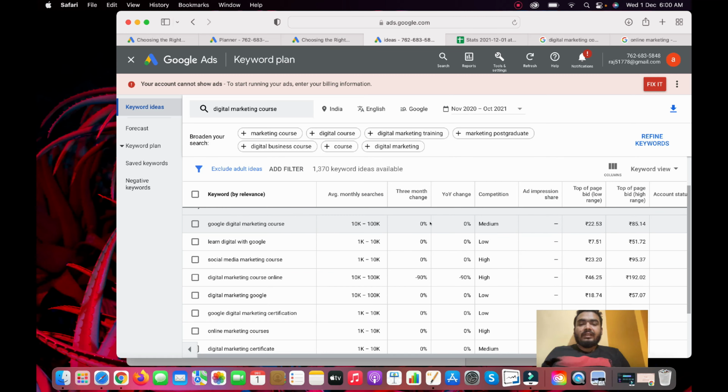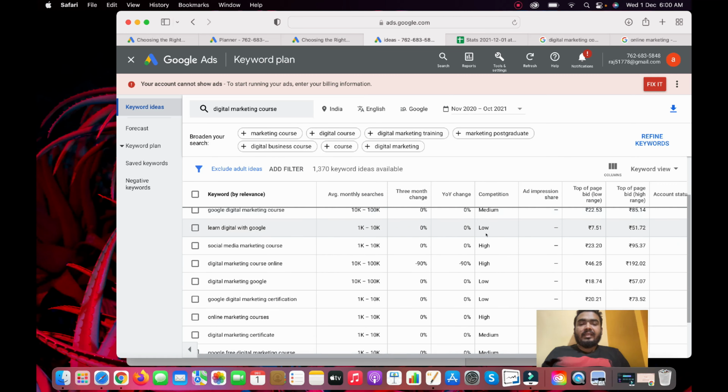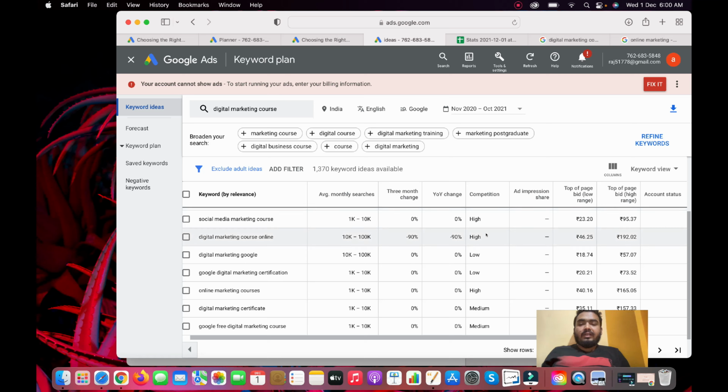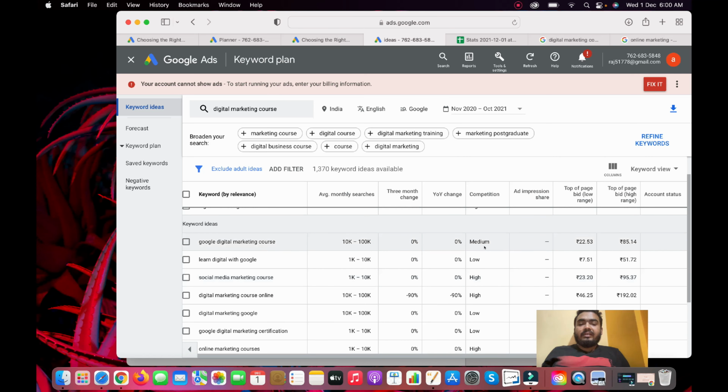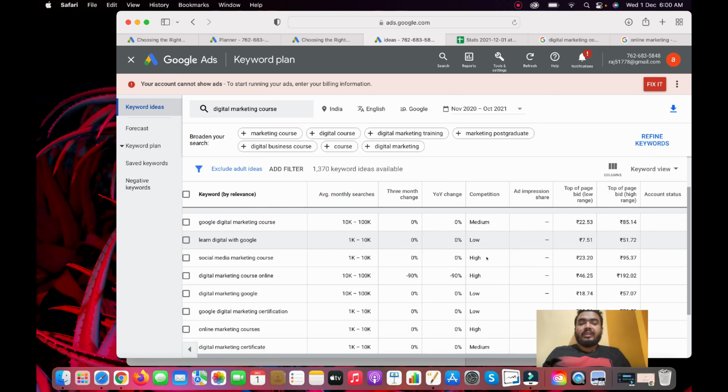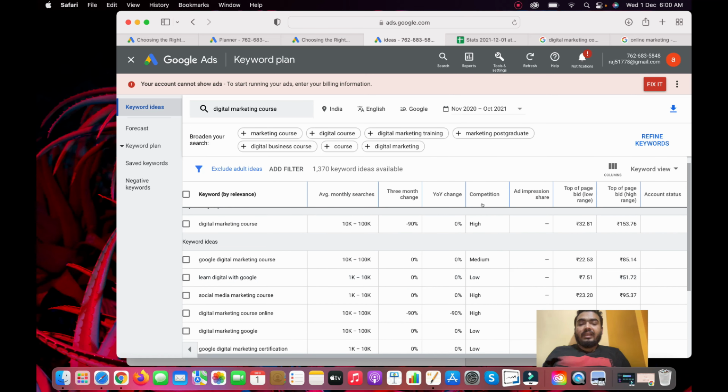The second thing is I can take medium, low, high and so on. Medium means fewer people want to advertise for that particular keyword compared to other keywords. Low means very little competition. So here we will try to take low competition and higher search volume.